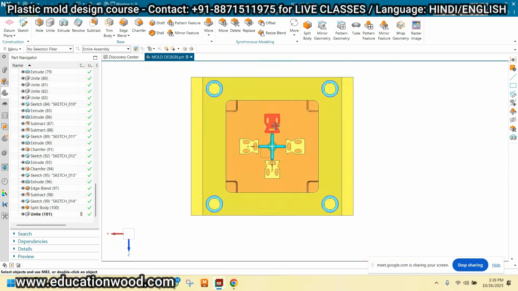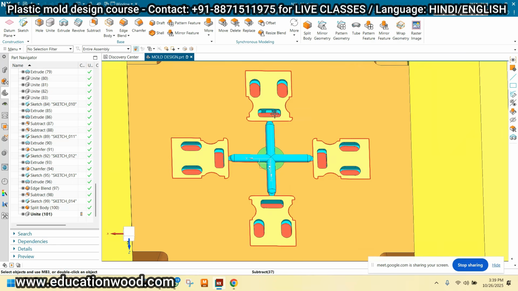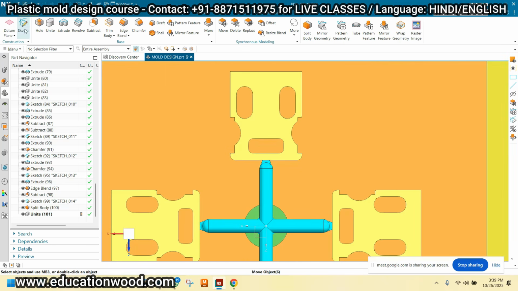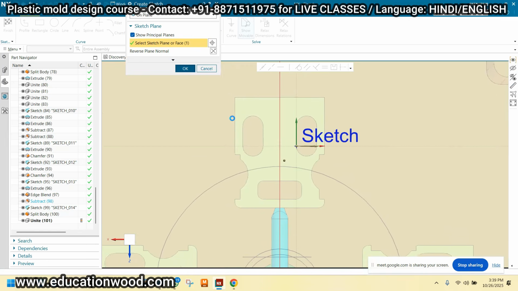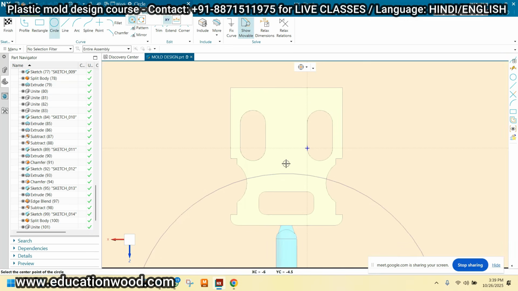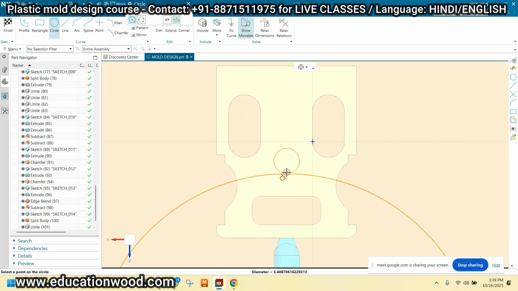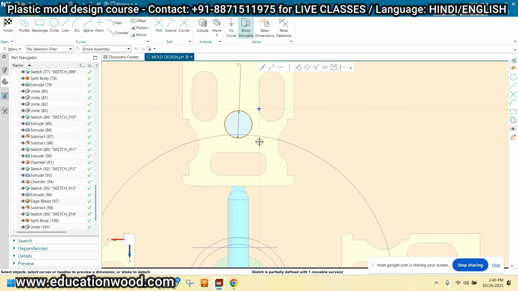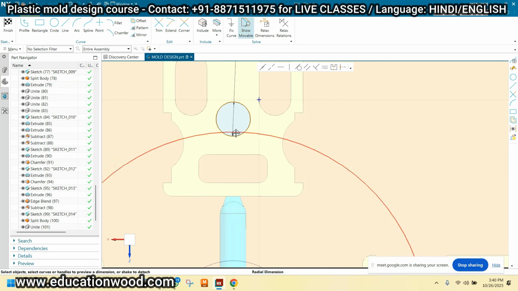Right now, for example, we are dealing with the multi-cavity, and this is a household product basically, so we can provide the ejector pin here. Is it clear? I'm taking the sketch on this. Right now, I'm providing the ejector pin. But what will be the diameter for the ejector pin? Tell me. Understood, the one which is available in the market.